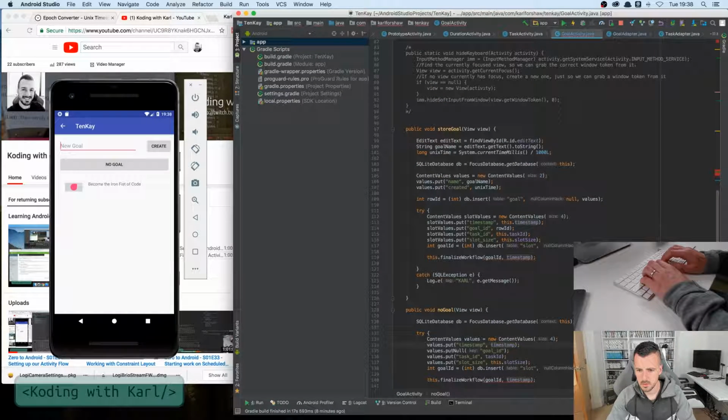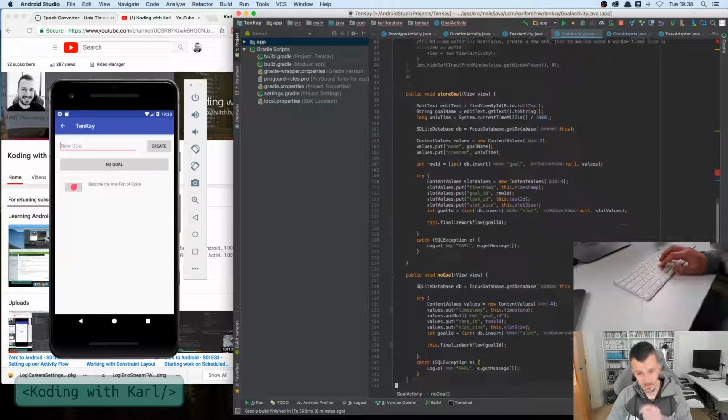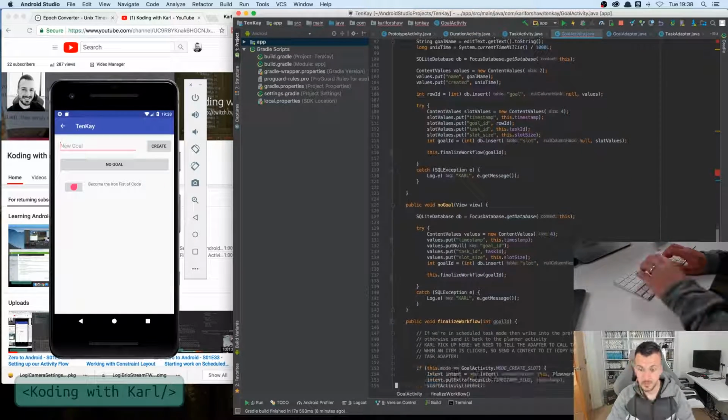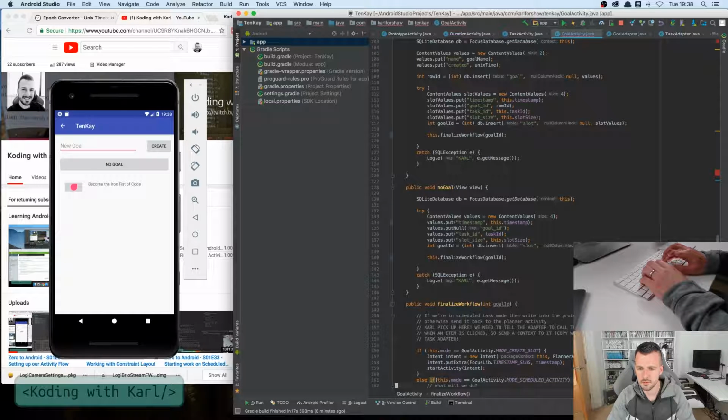Yeah. So let's get rid of it from places where it's not needed. All right, so what do we need to do? What we need to do is, first of all, we need to write into the database. So what might be a good idea is to have a